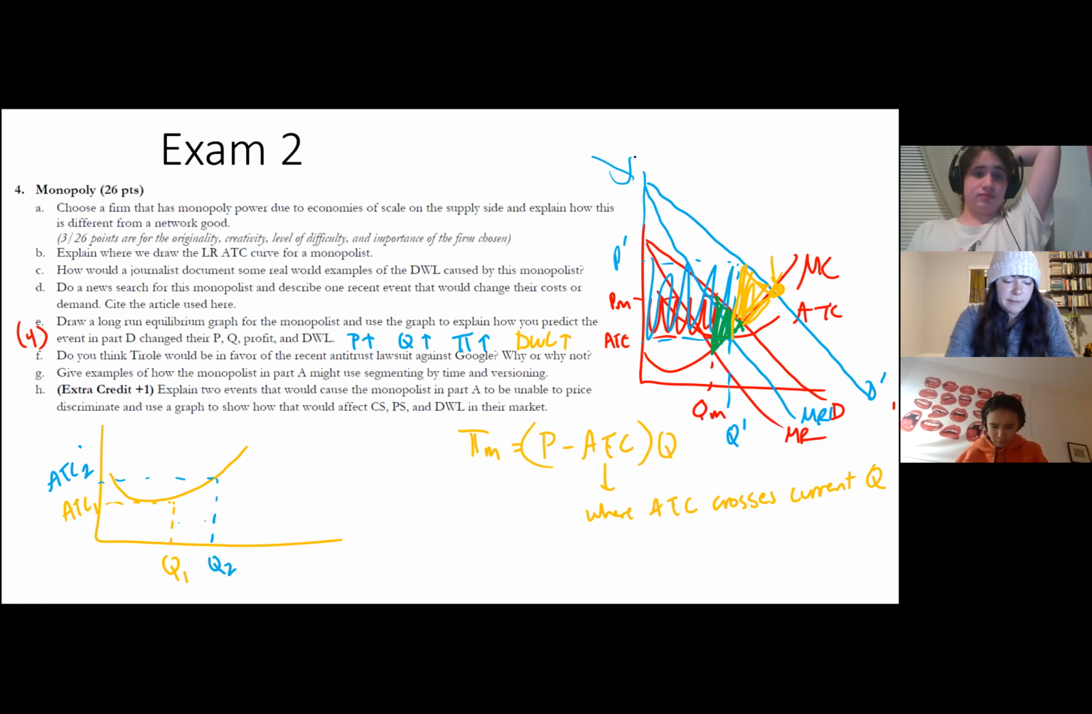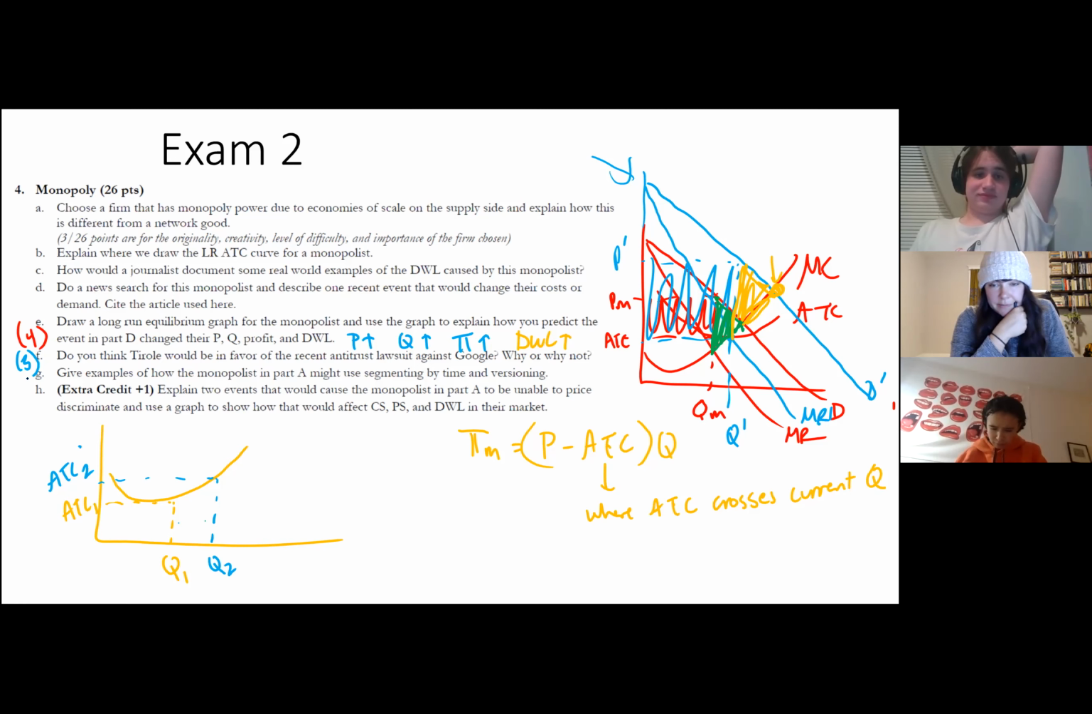F was 3 points. Do you think Tirol would be in favor of the recent antitrust lawsuit against Google? Why or why not? Lots of good things you could say there. 1 point for having an opinion, 2 points for defending it. Might have lost a point if you had incredibly low effort. Like if you said, I think Tirol would be super in favor because Google is a network good and he